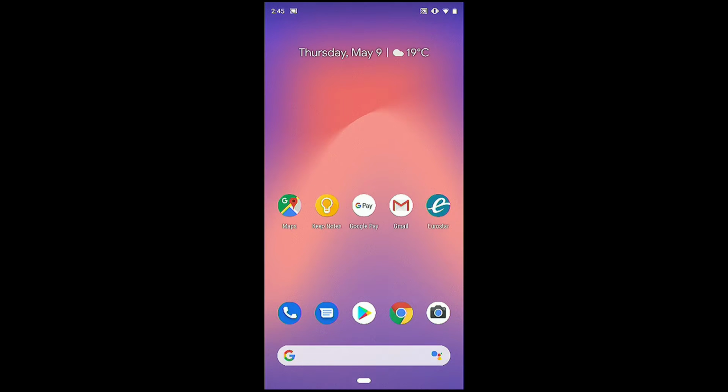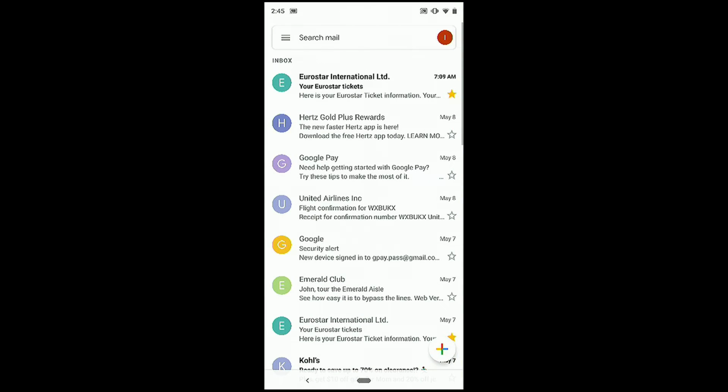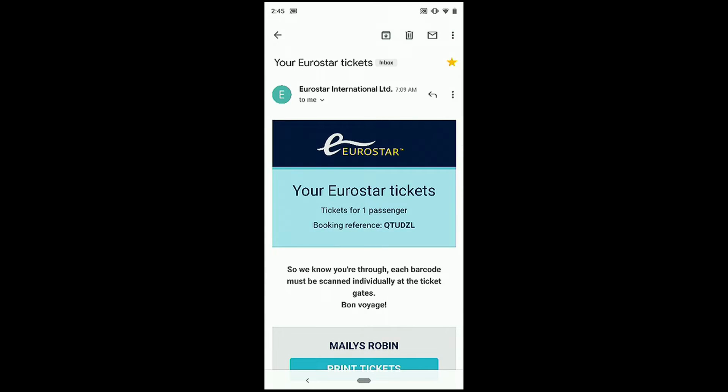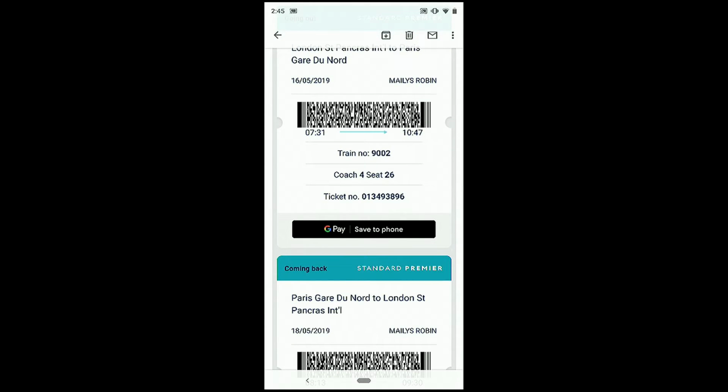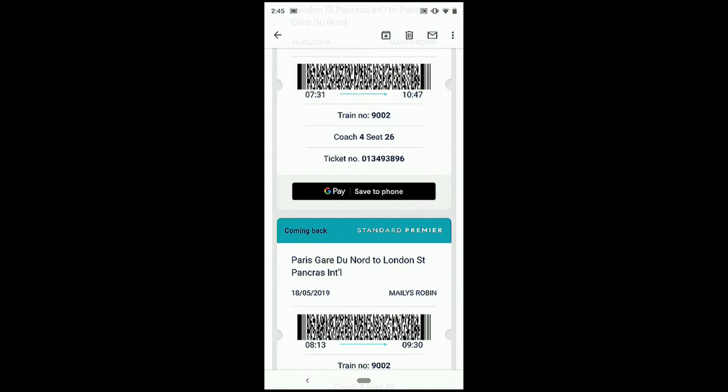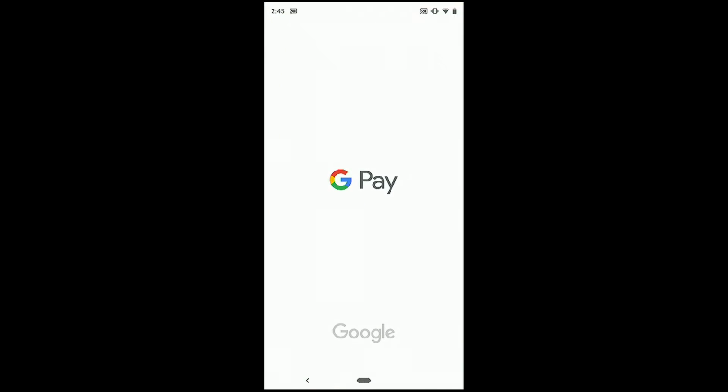Now, going fast forward a week. Now, this is really close to my trip, so I might want to save my ticket as well. So I might not want to go back to the app, or I forgot about it, but Eurostar also sent me an email for my reservation. So I'm just going to open this, so I can see my tickets, and I also have the save button here as well, which is great because I want to save them right now. So I'm just going to save the first one.